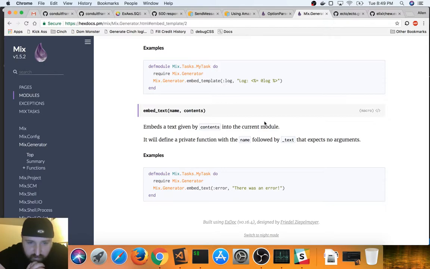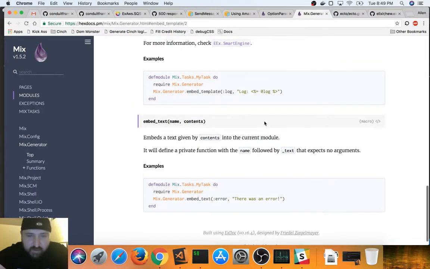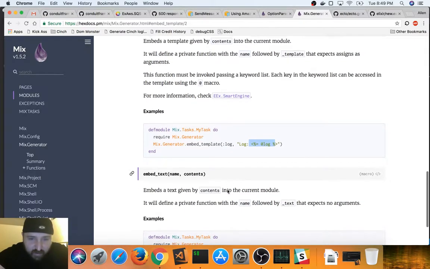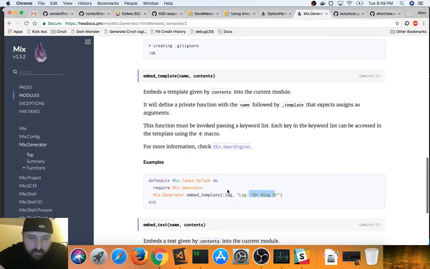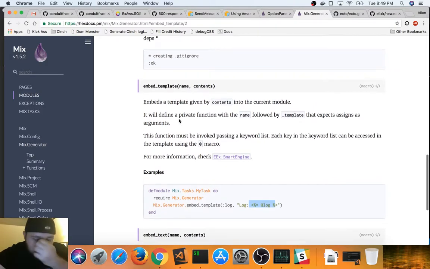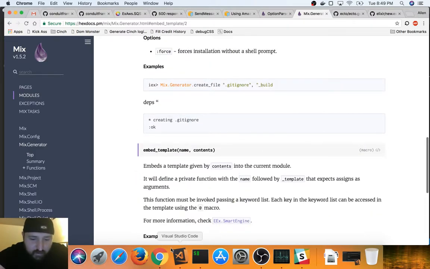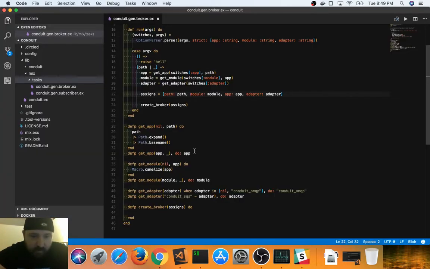Embeds a text given by contents into the current module. It will define a private function with name followed by text that expects no org. Oh, I guess it's just, do you want it to be able to embed something or not? So I'm going to be using this because I'm going to be embedding various things in the template. All right, so